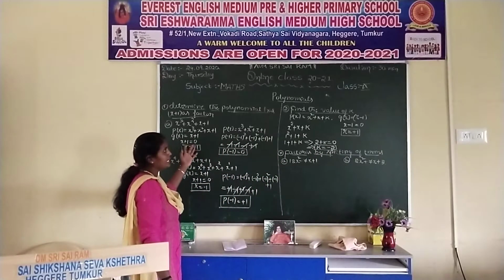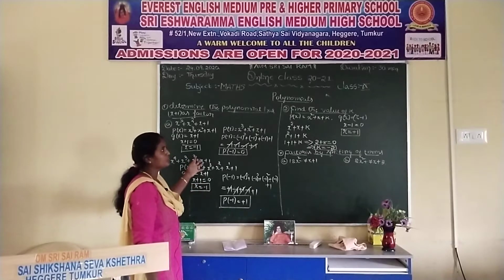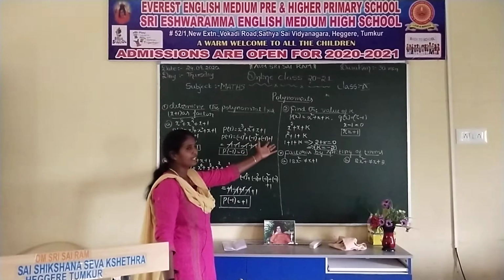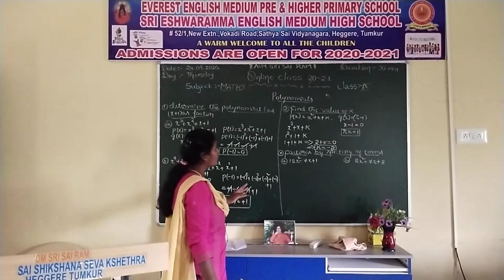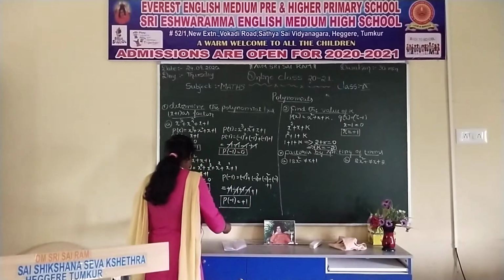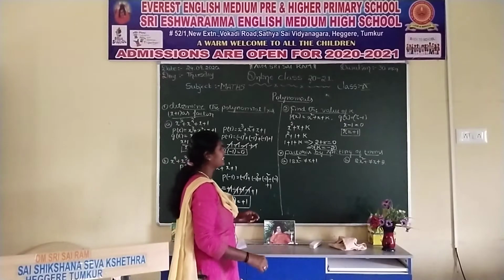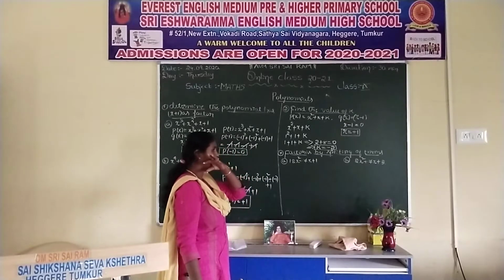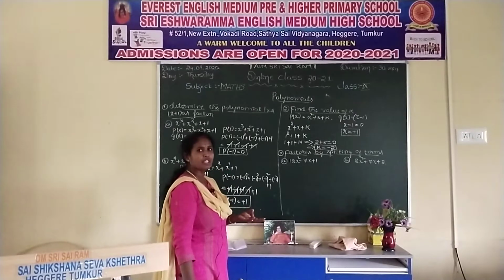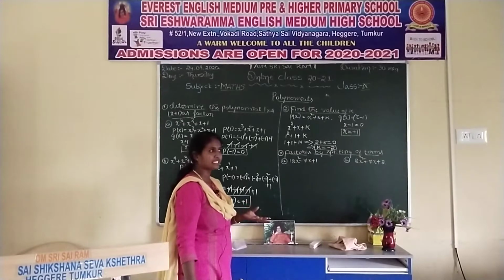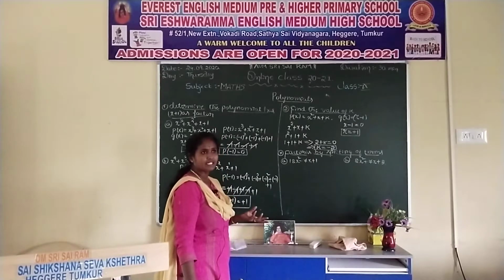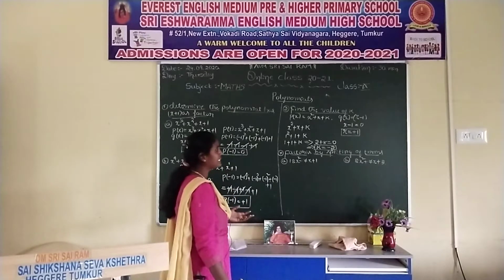See, in polynomials, different questions are there. We have to find out the coefficient or factor or degree or unknown variable. Next we move on to how to split a polynomial expression. See here, polynomial expressions have more than 3 terms. In the previous class we discussed monomial means single term, binomial means 2 terms, trinomial means 3 terms, and polynomial is nothing but more than 3 terms. How to split those terms?